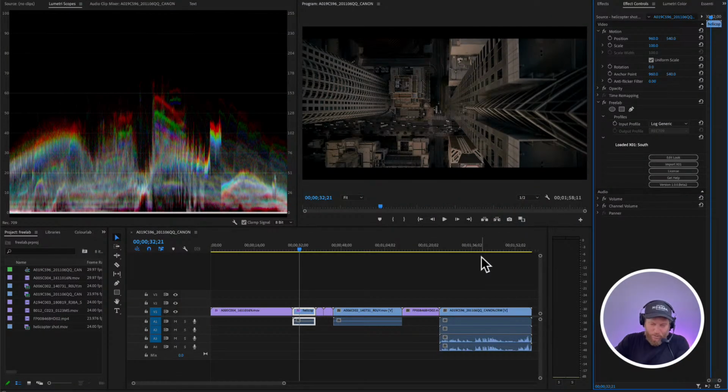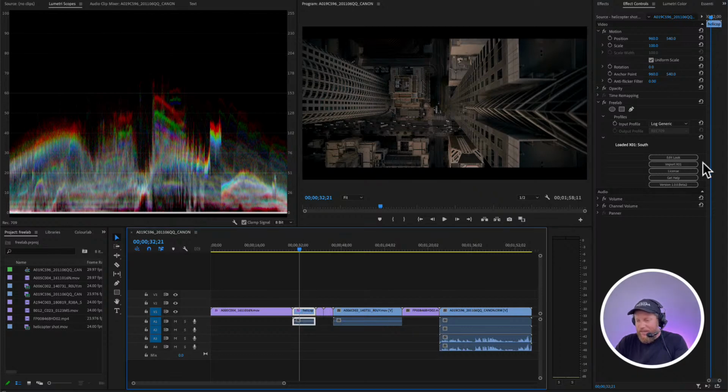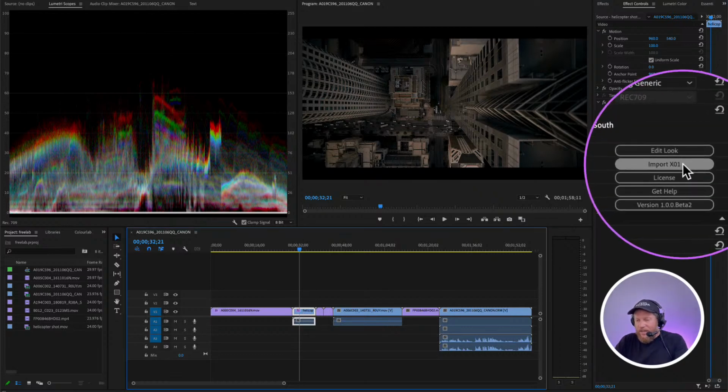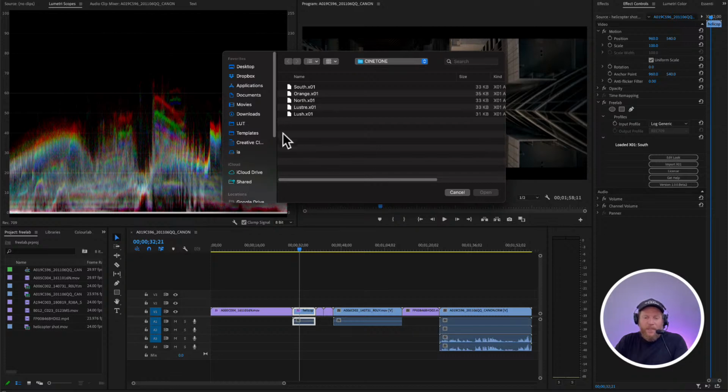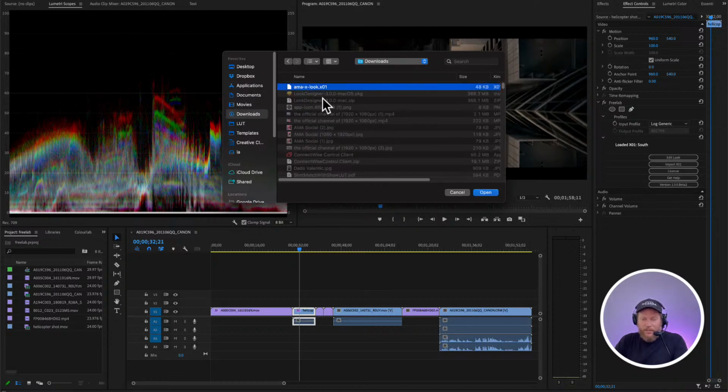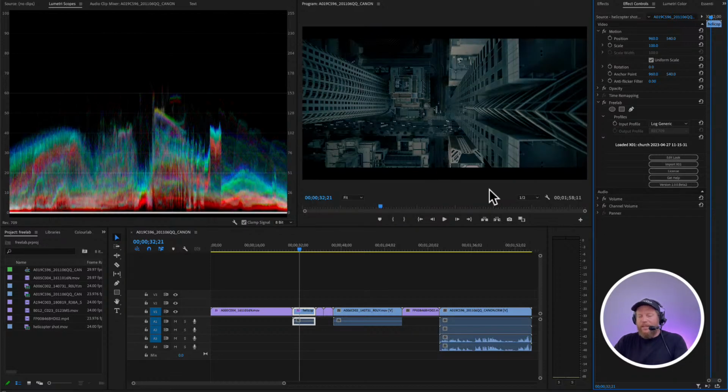I'm not going to be able to show you both, but I suppose you get the idea. Then you say, import XO1. I go into my downloads folder, there it is. Boom. So the same look on a completely different camera, and it works. The same engine works on DaVinci Resolve, on Adobe Premiere, and